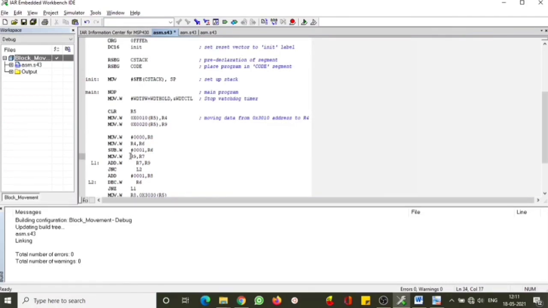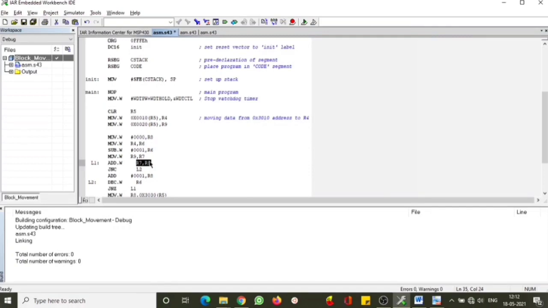Now R7 and R9 are added. R9 value and R7 value are the same, so we are supposed to add the same number some number of times. If suppose I am multiplying 4 three times, I am supposed to add 4 three times: 4 plus 4 plus 4.